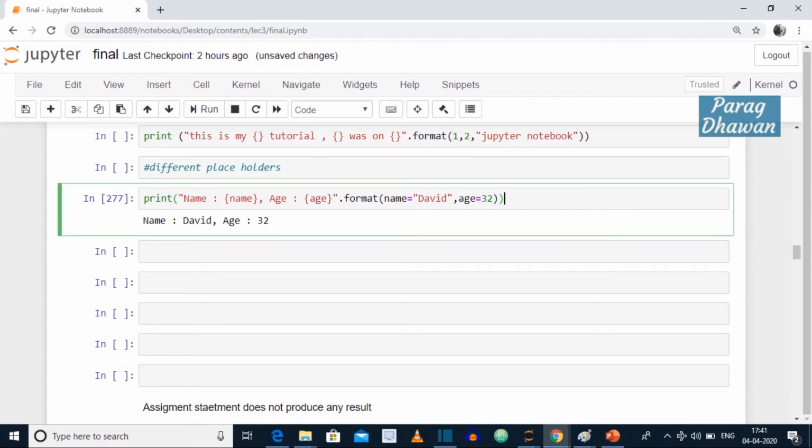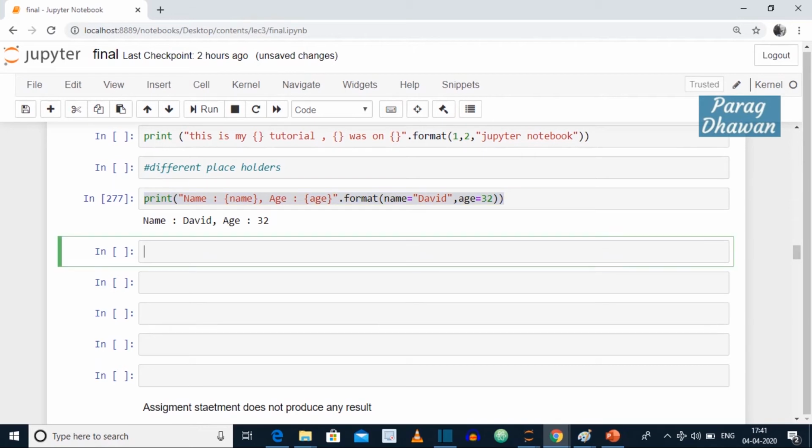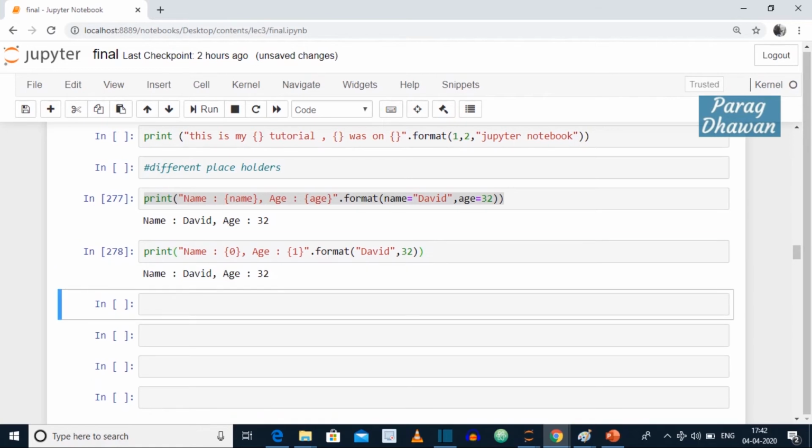Now the second type of placeholder. Instead of having a name inside the placeholder, we have numbers. So this is the 0th value, this is the first value, and we pass the values in sequence: David and 32. Click on the cell, run the cell.